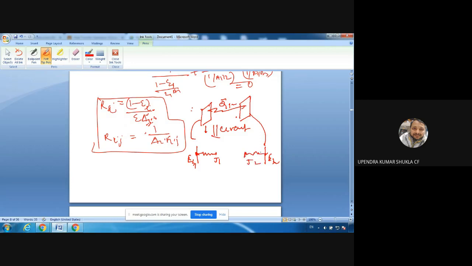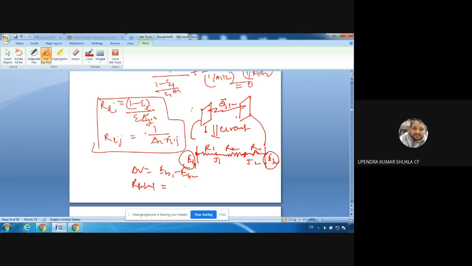J2, and this would be R2. Now to connect J1 and J2, you have another resistance, that is R12, the space resistance. Now this is R1, this is R2. Now what is the voltage difference here? Delta V is EB1 minus EB2. Next is to find out the R total.